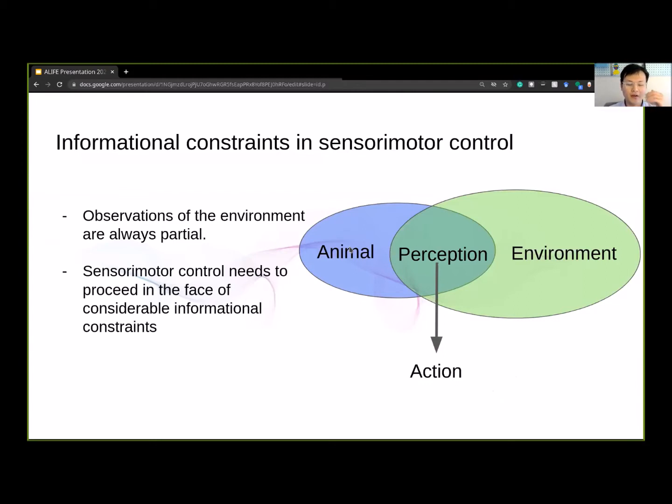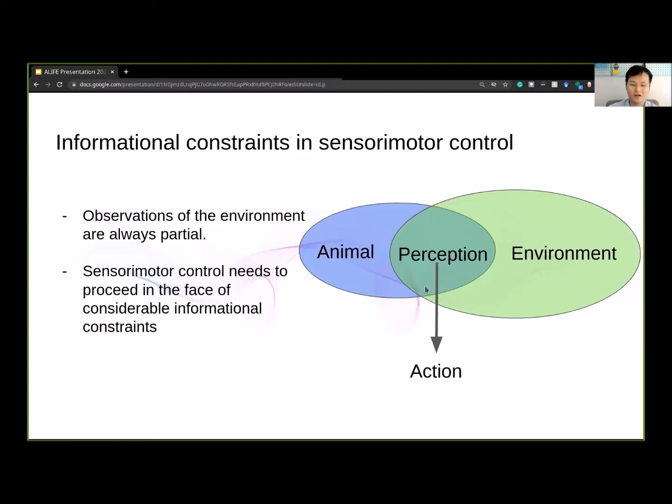Even though the environment is often very rich in information, the animal can only perceive a small part of the information presented to it. Therefore, when the animal is moving and interacting with the environment, with the small amount of information that it received, it needs to figure out what is a good strategy to do with the certain information to come up with